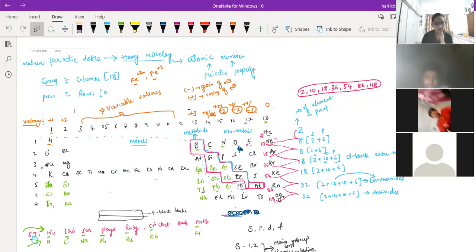Understood. Understanding my point? I'm not saying it will only form +5. I'm saying only the maximum limit is +5. It can form +4 or +3 or +2 or +1 also, no problem. But it cannot cross +6, +7 like this. It should not cross +5.